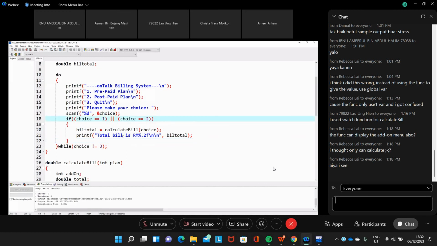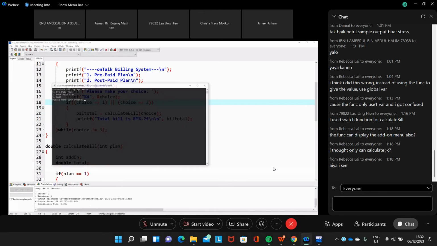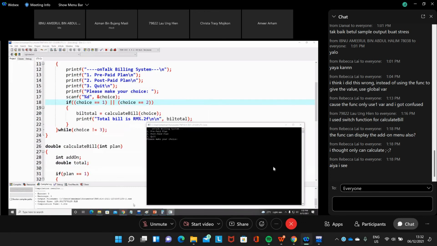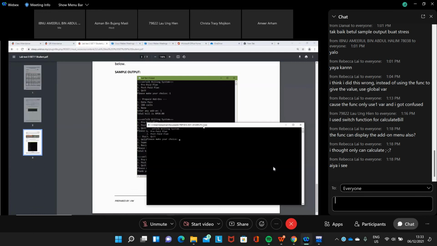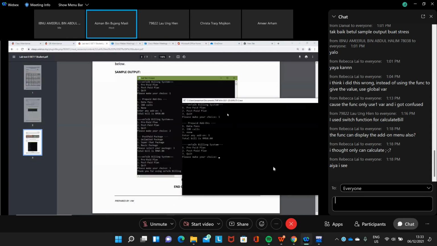Bill total is that, and then put it there. And then run it again. Number one, total bill is 50. If you choose number 2, this is another package, we need to put another blank line there, and then the package is number 3, so you get 45.